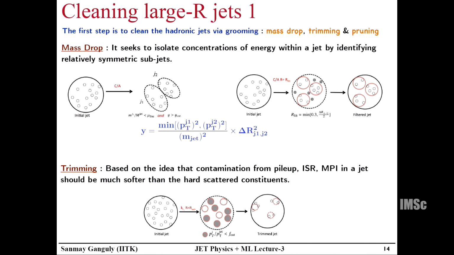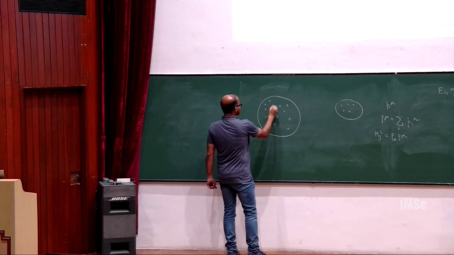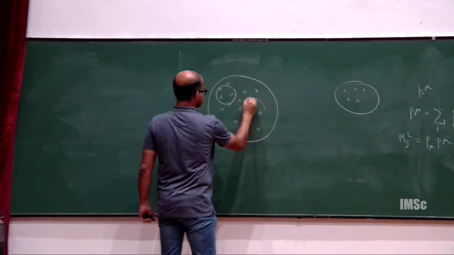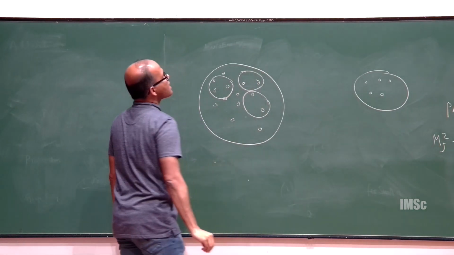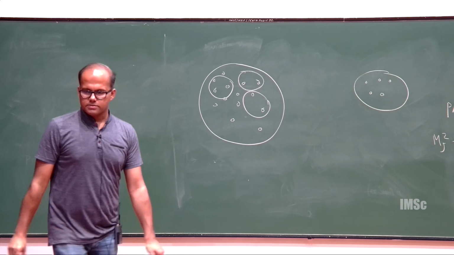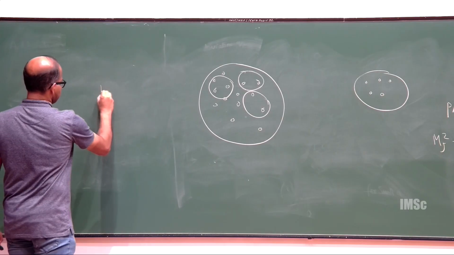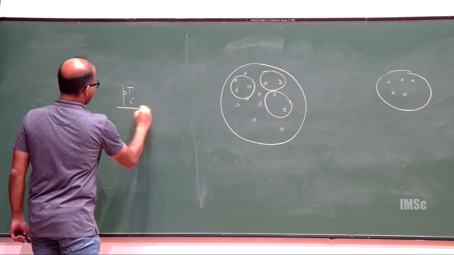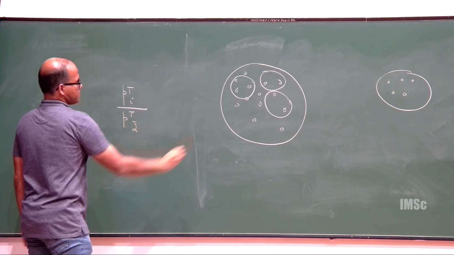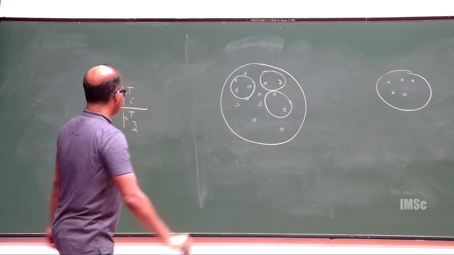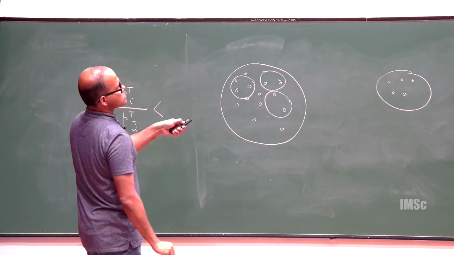So if I look at this picture, what happens is that I have a jet which has lots of small components, original jet components. Now you form small radius subjets, and so on and so forth. Each of these individual subjets has a pT. Now if the ith subjet's pT over the actual jet pT, of this whole big jet, is less than some threshold fraction called F cut,